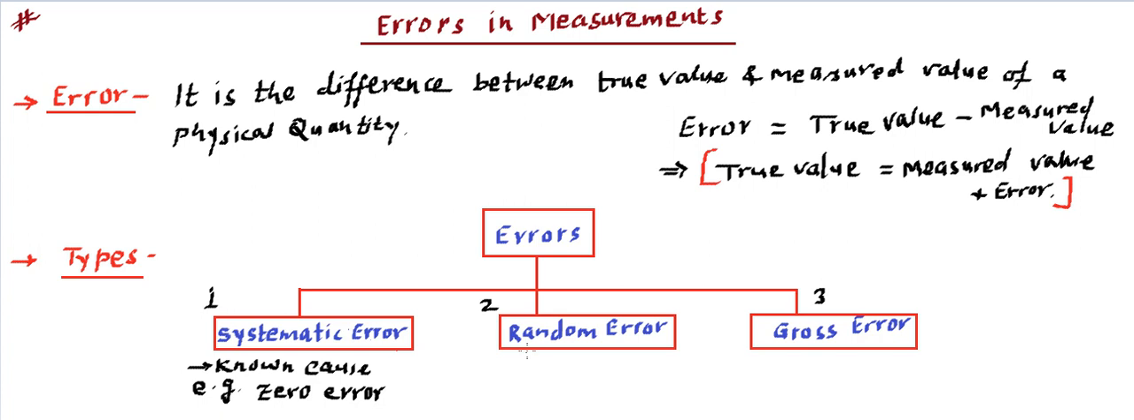The second type of error is a random error. These are errors for which we are not able to find out the cause. So the cause is unknown. When the cause of the error is unknown,